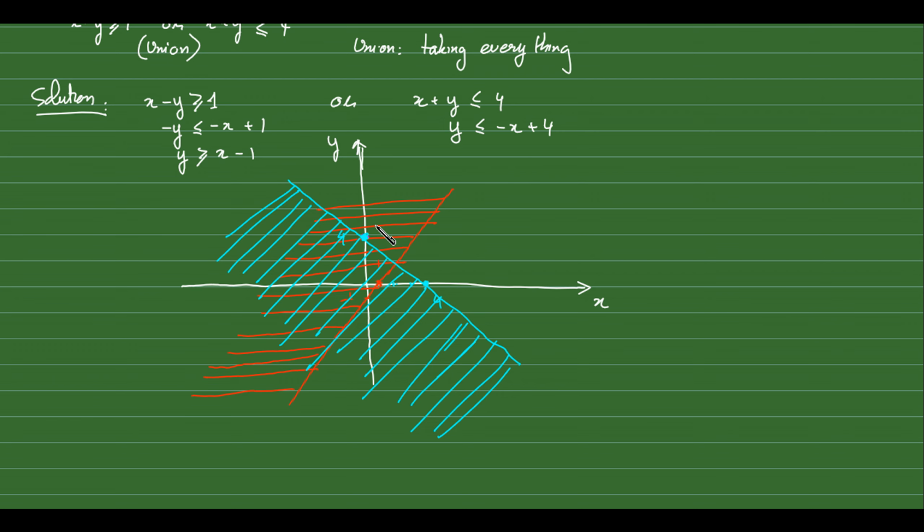Let me pick 0. See, it looks like 0 is not the correct one. It's not correct. Yeah, because you see that even though this is above the line,